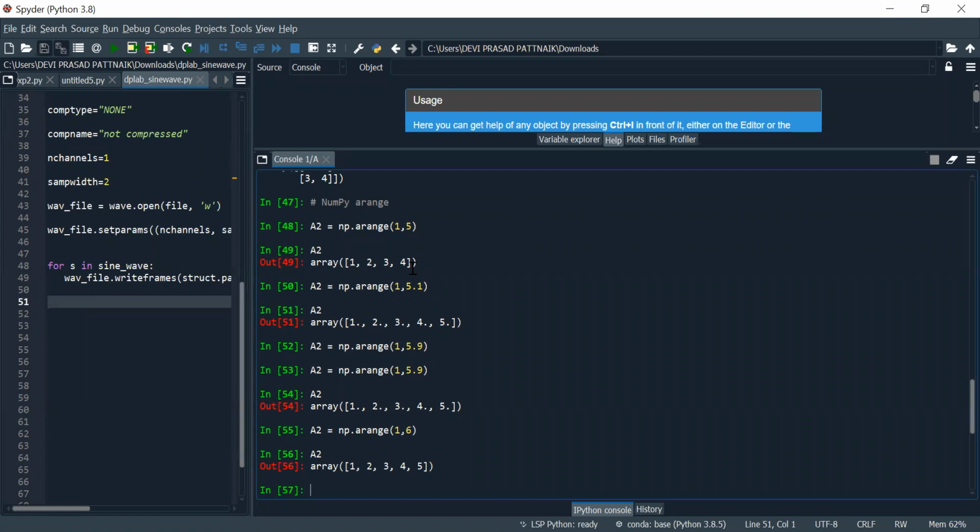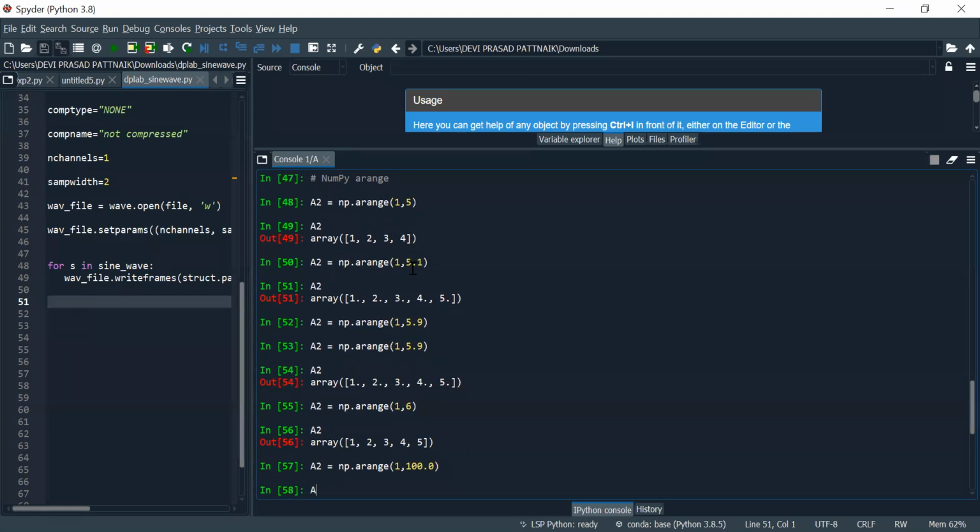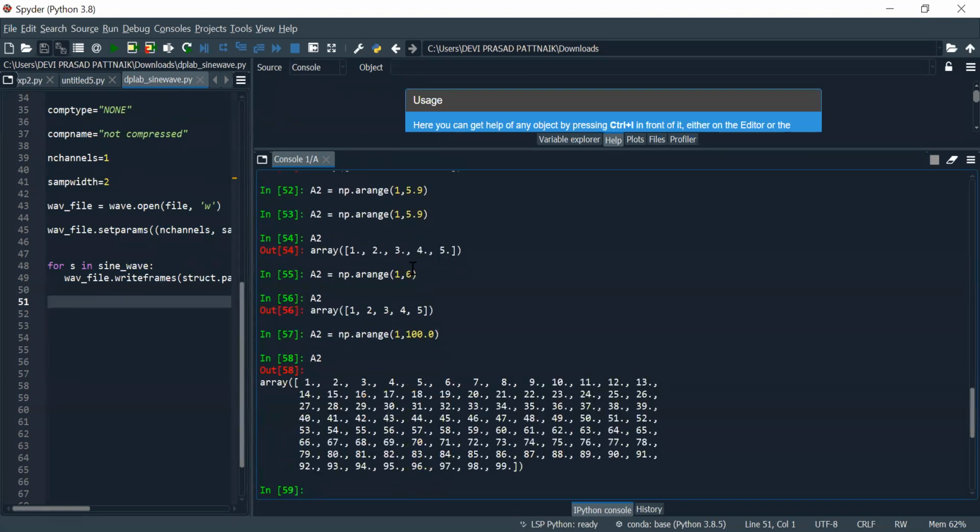Then, if I write arange up to 100, we see that 100 values are stored starting from 1 to 99.